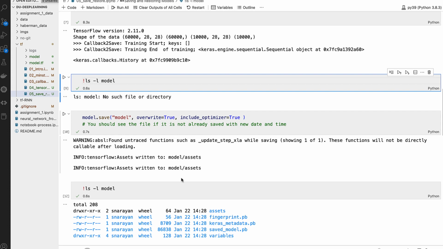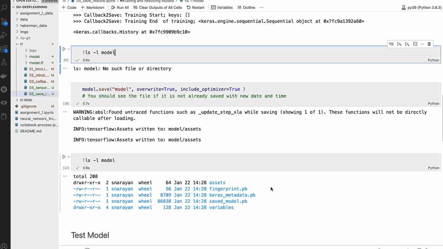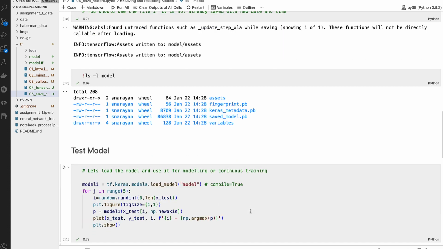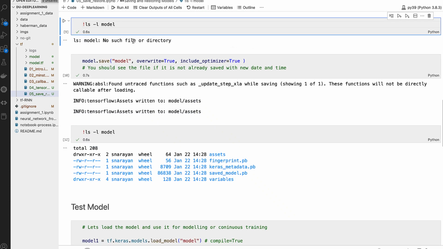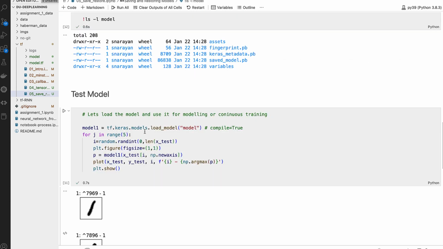So once I look at the directory again, I have different folders within the models directory. Then you would go away, or some process may save the model, and you would come back after some time and load the model using this model 1. I'm using a different name just to convince you that I'm loading a different model than the one that I saved. So I say tf.keras.models.load_model, give it the directory where it stored the model, and after that, if you take a look at that,